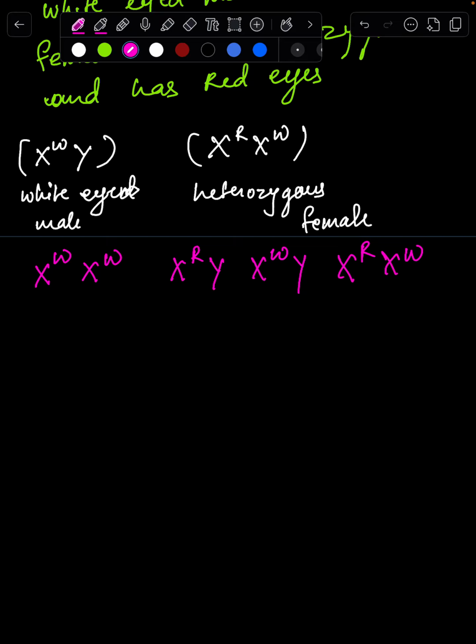Okay, so the genotypic ratio is going to be 1 to 1 to 1 to 1. Now for the phenotypic ratio, we have two offspring with the white eye color and two offspring with the red eye color,